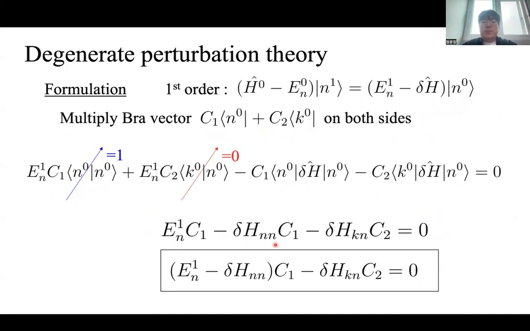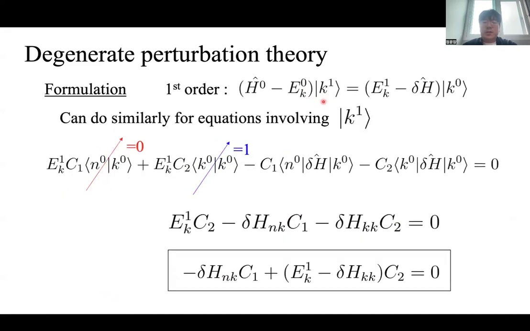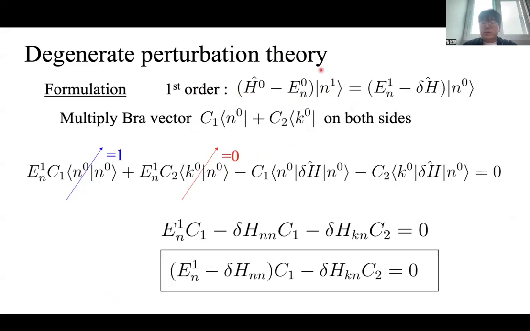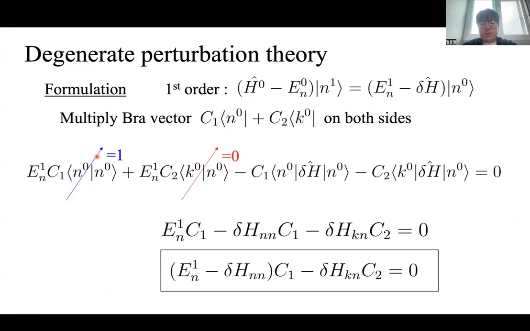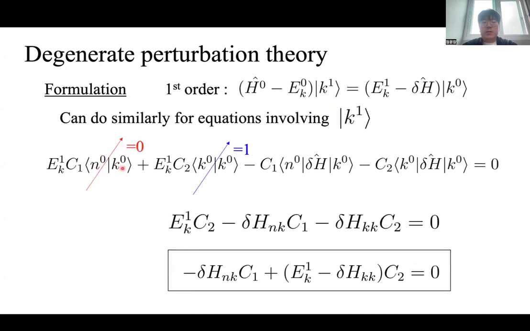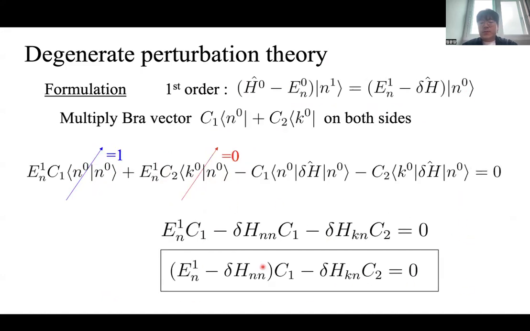At the same time, I'm also going to consider the case where I change this n and this n to k. Because the energies are the same, the left side gives me the same result. When I multiply this, it's still going to be 0. The right side is going to give me different information. If you look at it, it's only reversed here. This time, since n0 and k0 are different vectors, this gives me 0. But this time, k is equal to k, so this C2 term will survive. This is the equation that I get, and I'm going to rewrite it like this. So this says I have